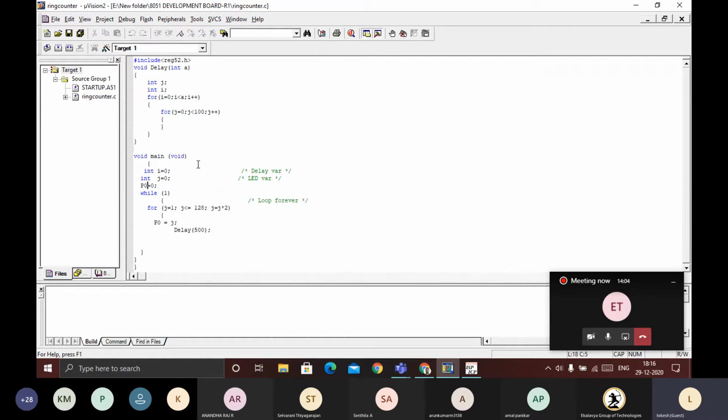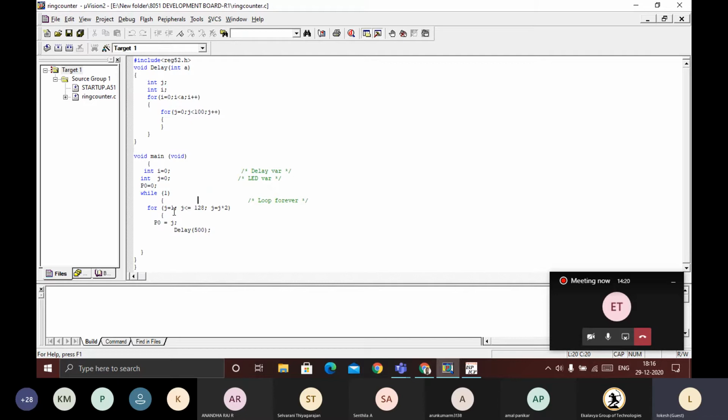Here you can see I am using void main. I am using two variables, i and j. I am outputting to port P0, with while(1).